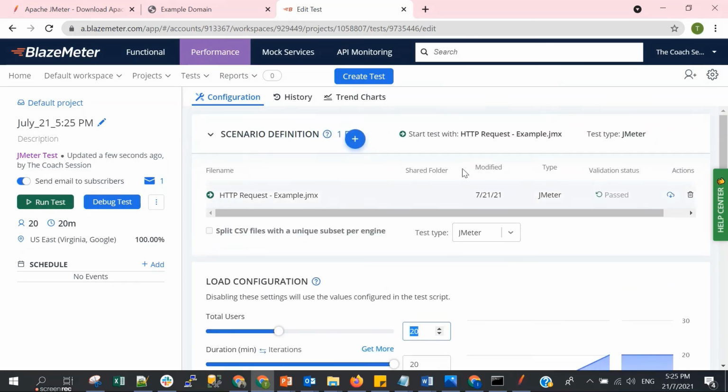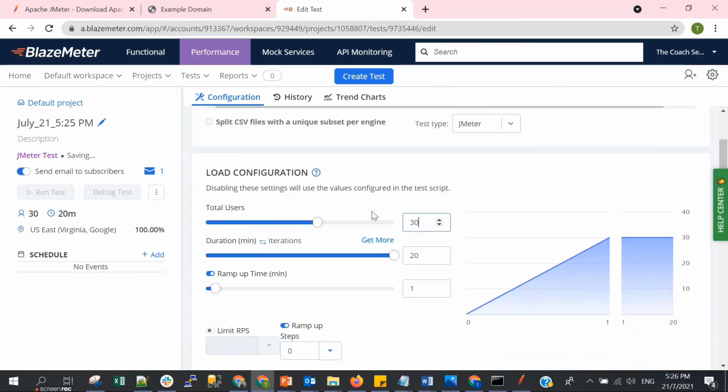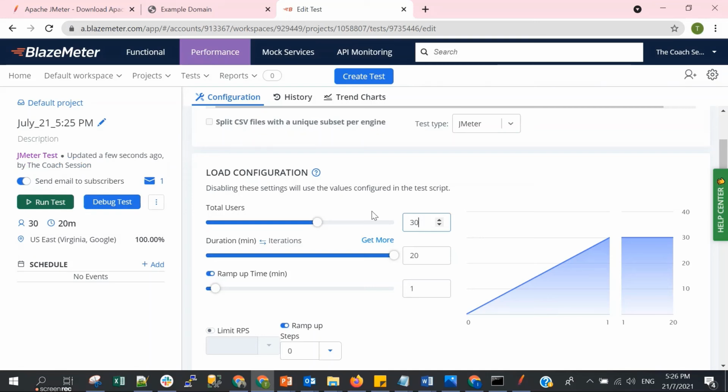So let's say even though in the file you have 20 users, you can override, and if you want to change to, let's say, 30 users, you can do that. And this is the ramp-up duration, actually the total duration for your testing. So let's say I want to run it for a total of 5 minutes.